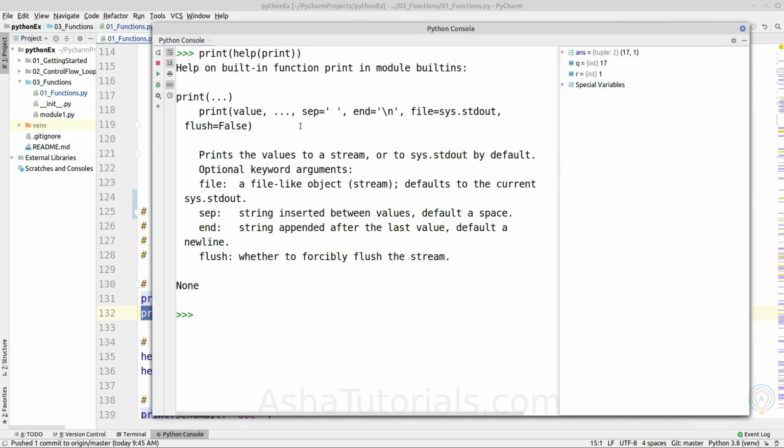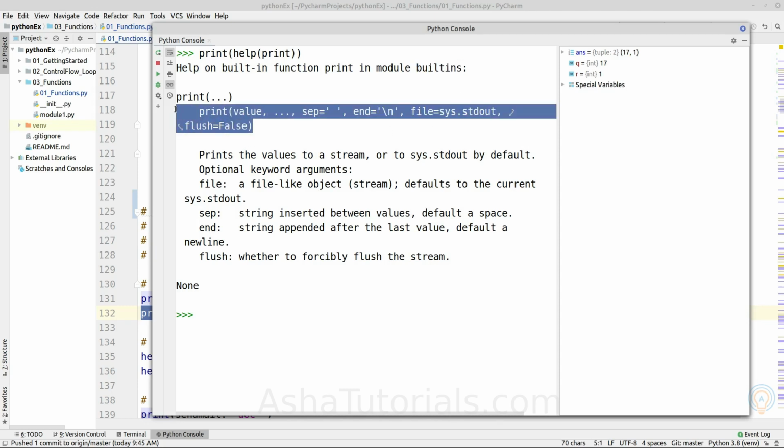As we can see, it will return the first line. If it is a function, then it says function, and in which module it is written, inside the built-in modules. This is the parameter, or the signature of the particular function.